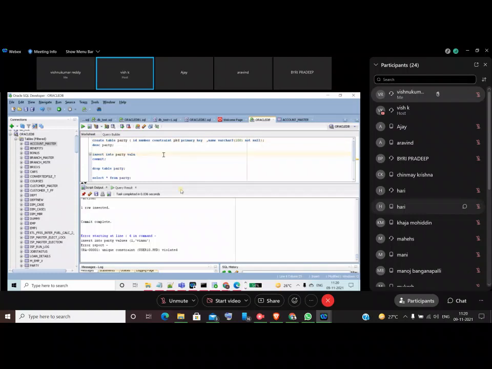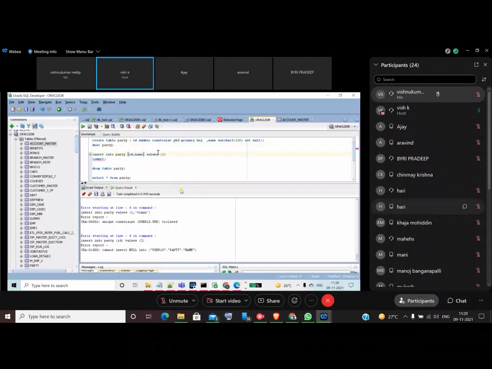Suppose I am giving, let's say, insert into party, only ID values. Suppose I am using 2, a different number. So now you can see, cannot insert null value. So for name you should give some value.